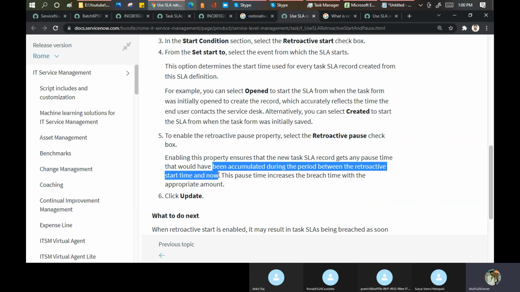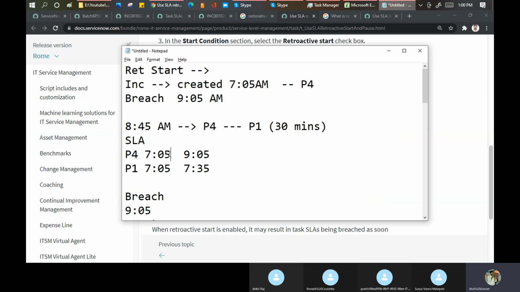Okay. ये थोड़ा सा इंटरेस्टिंग है समझने के लिए. What it is saying basically, suppose my P4 has been created at 7:05, breach is 9:05, and I put this incident on hold. Maybe I need some input from the customer.